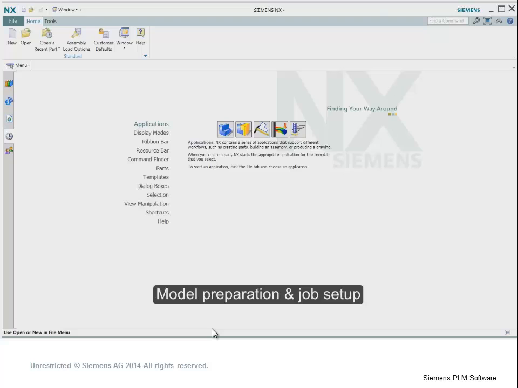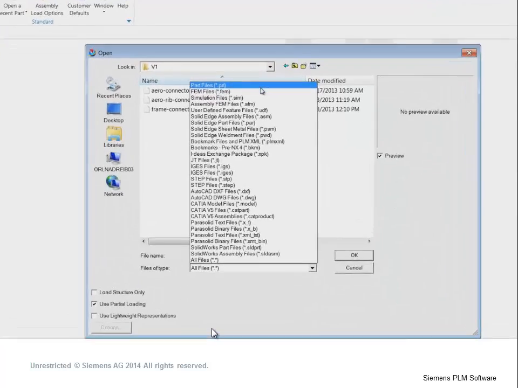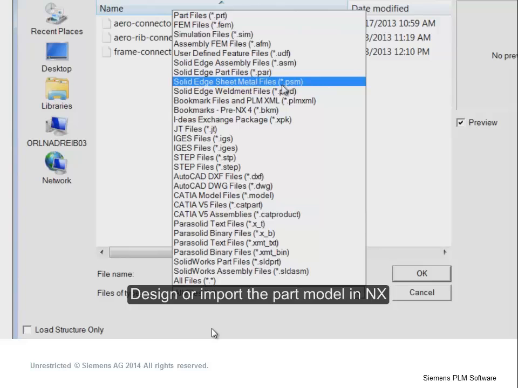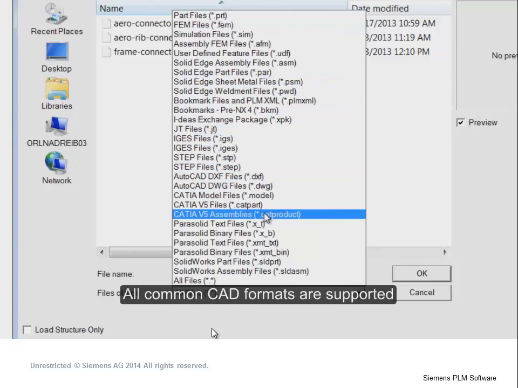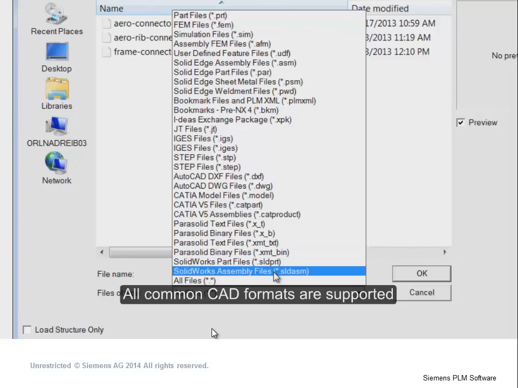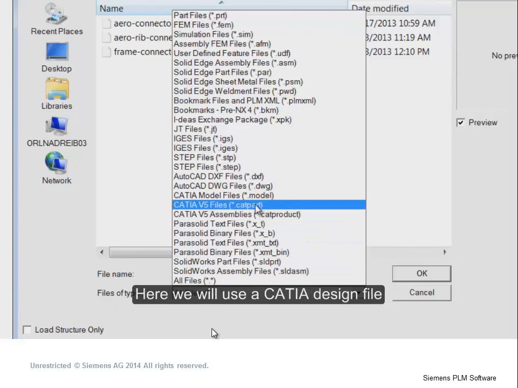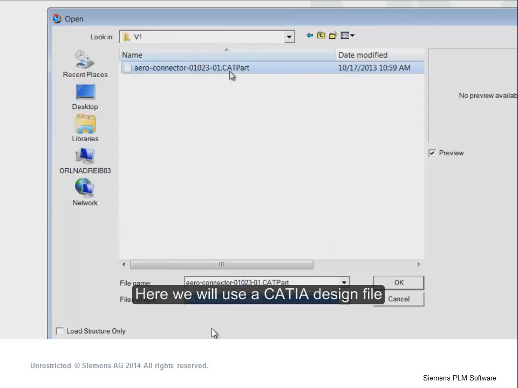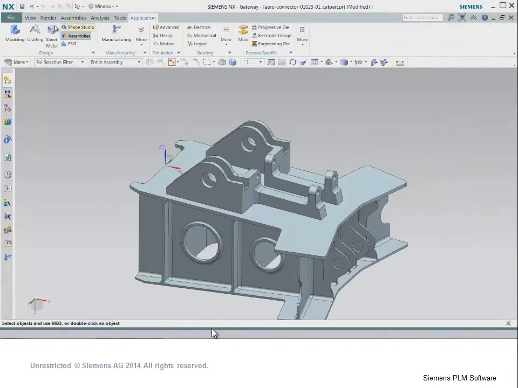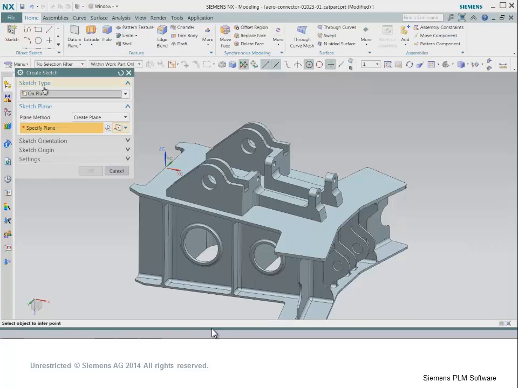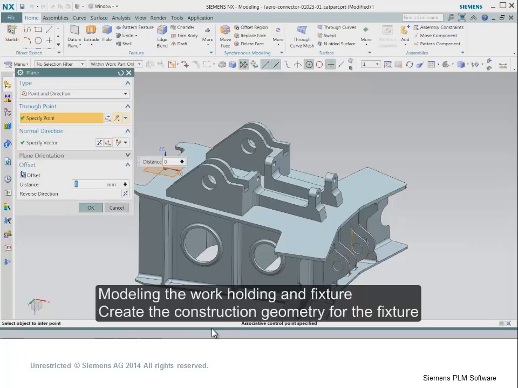Model preparation and job setup in NX. Here you can import or design your CAD model. NX reads all common CAD formats. We're going to select the CATIA V5 format. It's just a Windows file open, and here we'll see as we convert and load the part directly into NX, seeing the CATIA model. From here we're going to create a sketch plane and model the work holding and fixtures,